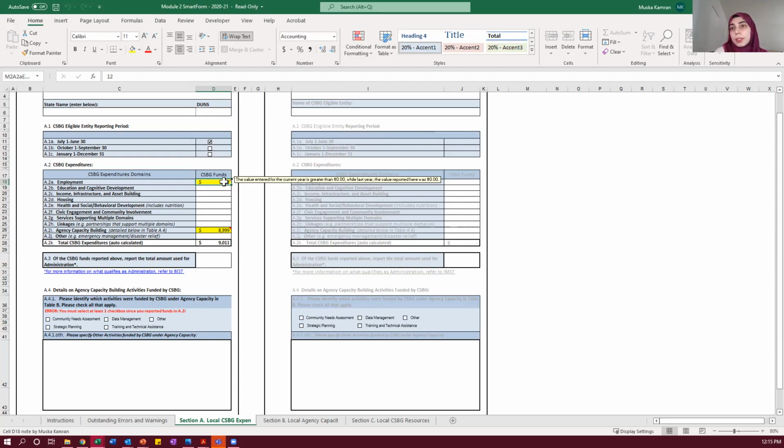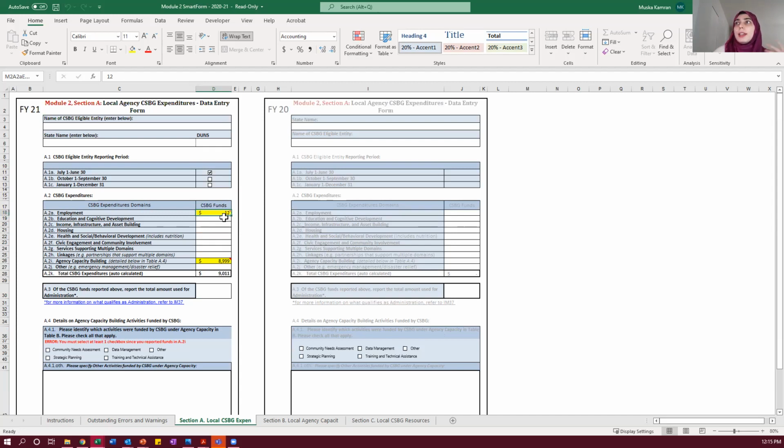And I don't know if state-wise you collect or review comments from your agencies, but at the federal level, we do look at any comments that agencies may have provided. So what is a comment, right? Let's say you're an agency, and this thing is flagging for you because it's significantly different from the previous year, right? So it's at least 100% different from the previous year, but the data is correct. You noticed the flag, you double checked it, the data is correct, so you don't need to make any changes to this. This will still stay yellow